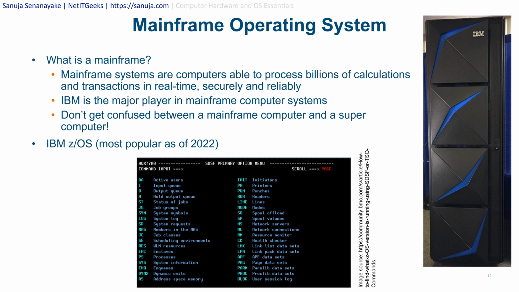Mainframe operating systems. So what is a mainframe operating system? Well, you may have heard the term mainframe at work or out and about, and basically mainframe systems are computers that are able to process billions of calculations and transactions in real time, securely and reliably. Yes, even as of 2022, we still use mainframe systems